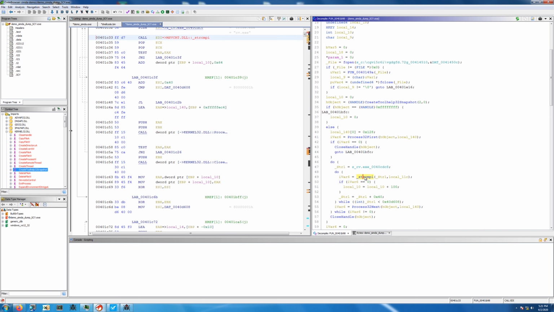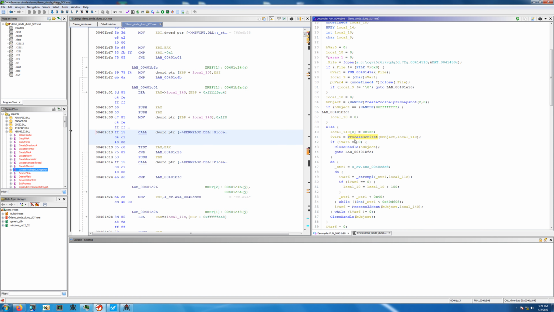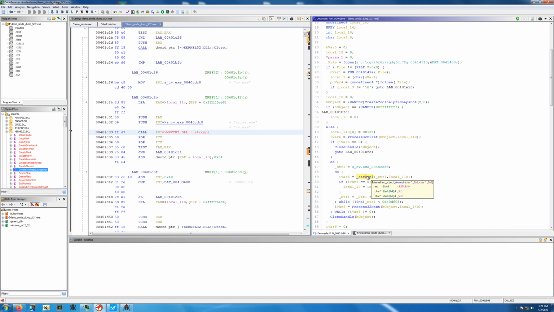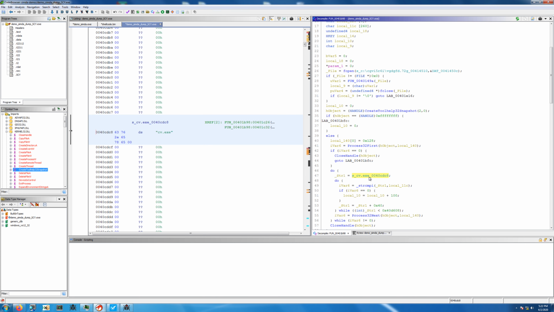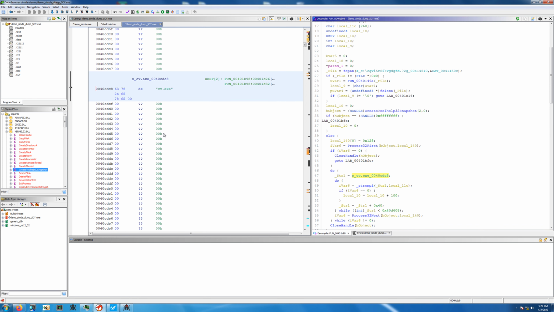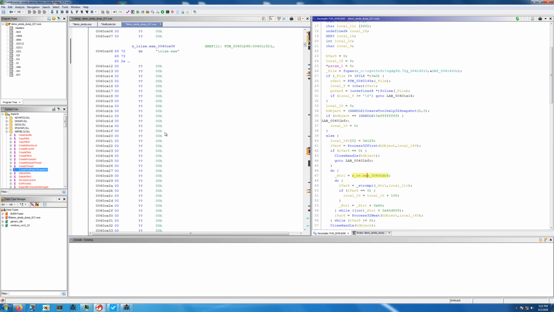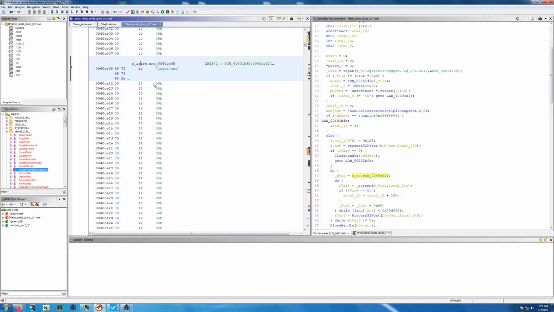If you combine that with the fact that we're getting a process and then doing a comparison, that's a pretty good indication that it's trying to look at or identify potentially bad processes from the malware perspective. So it's comparing this string 1 to this local 11C. If we look at string 1, it appears that it already has the name of an executable as part of its label. So we can double click on that and we'll find that it does in fact have cv.exe as its value. And if we continue to scroll down, we'll find additional process names: iris.exe,